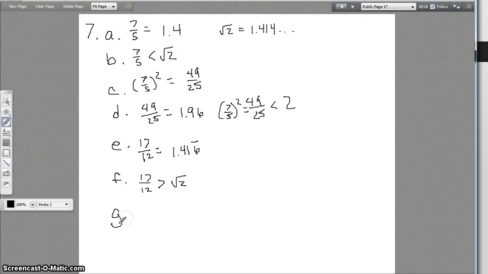Okay, part G says express 17/12 quantity squared as a rational number. So 17/12 squared. When we square the 17, we get 289. When we square the 12, we get 144. Part H asks us to compare 17/12 squared to the number 2. So first we have to figure out what 289 over 144 is as a decimal. So punch that into a calculator and you will get